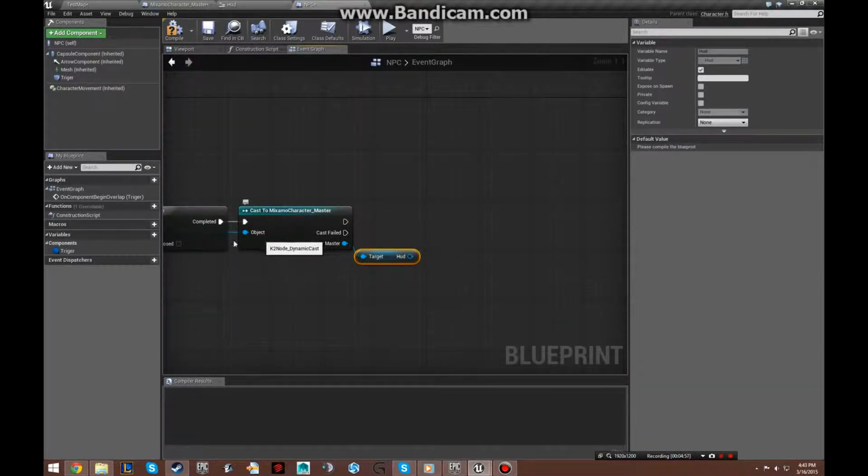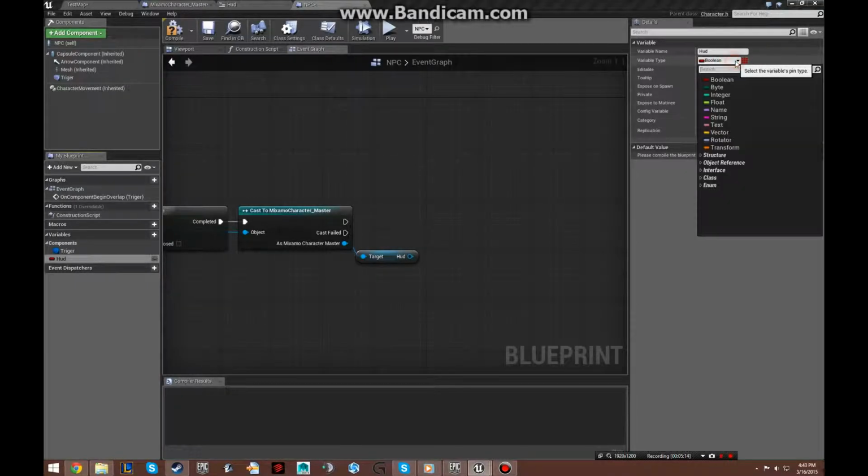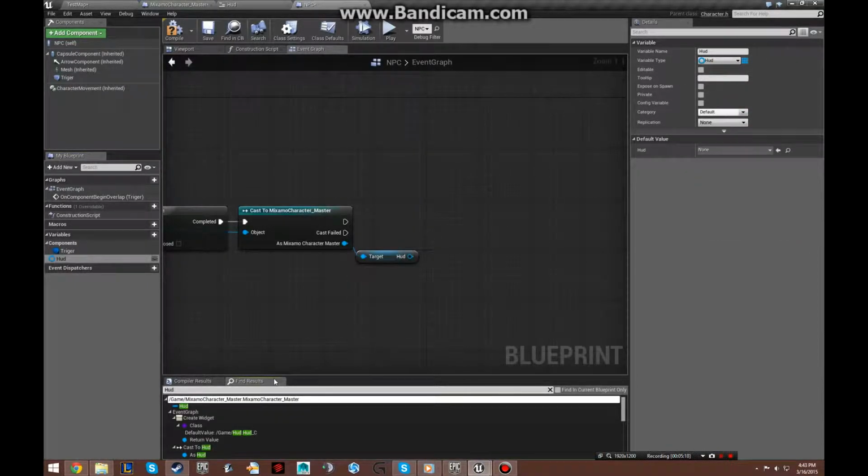Off of this, go ahead and make a new variable called whatever you want it to be, but it will be a HUD. So it's your HUD, so it'd be your widget blueprint, which mine is named HUD, but yours will be whatever it is already called. So Alt drag, set that,